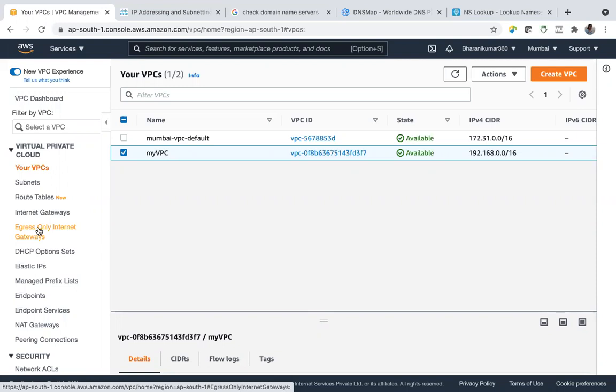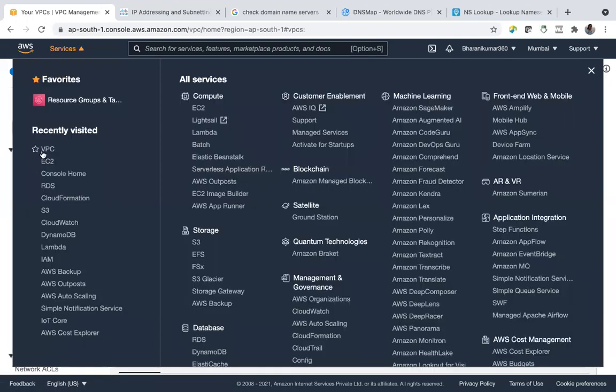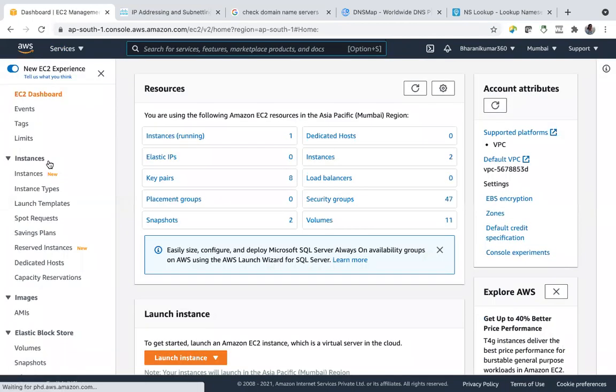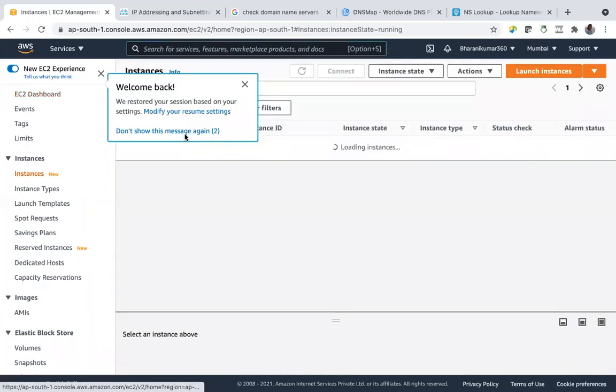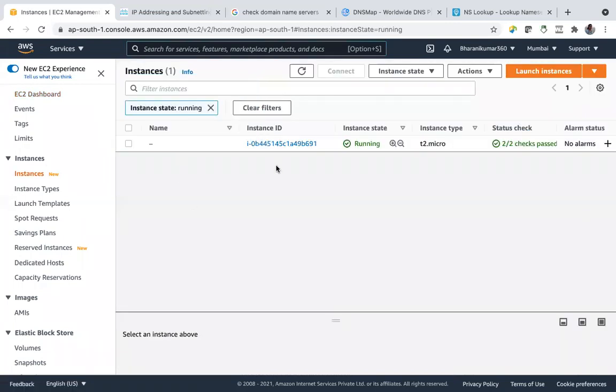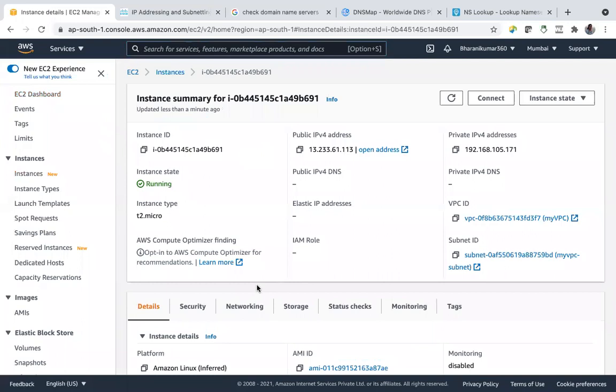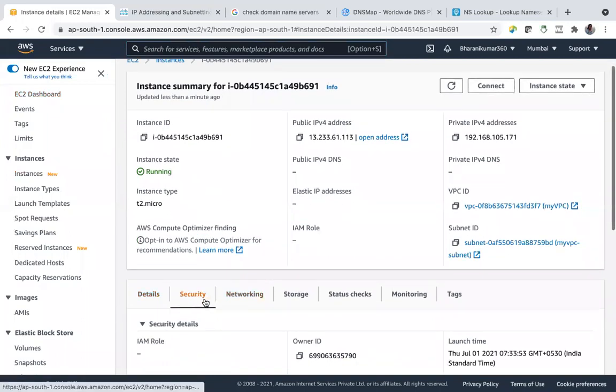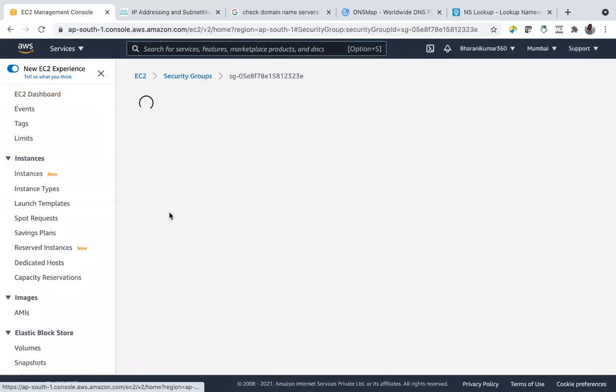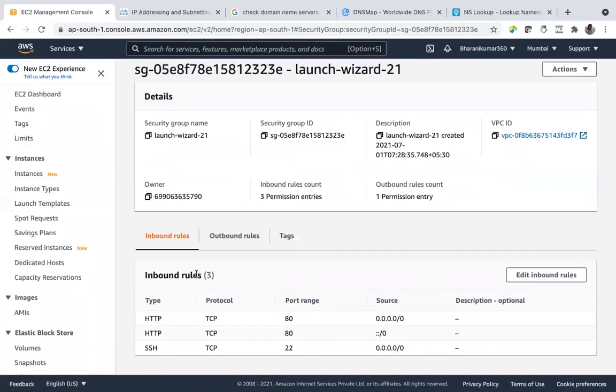Remember security groups? We talked about security groups, right? Inbound rules, outbound rules. By default, for any EC2, all the outbound traffic is allowed, and you have to add the inbound rules.